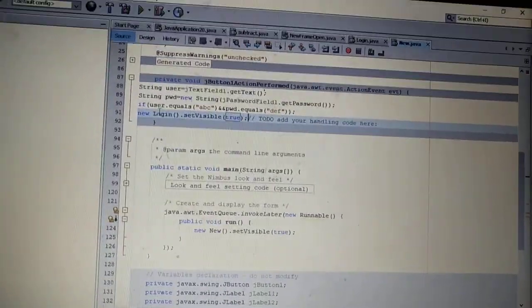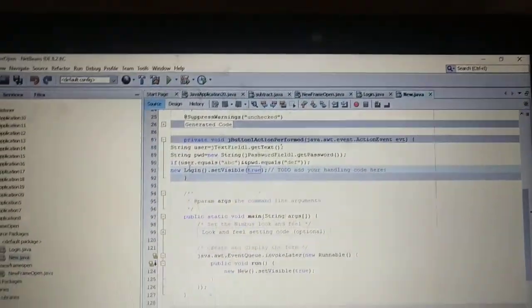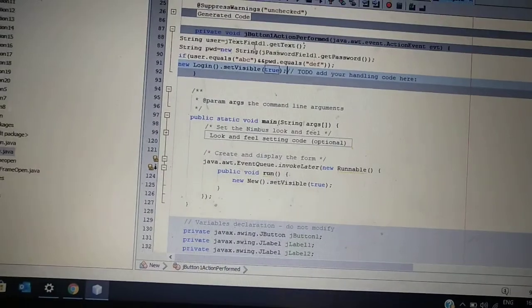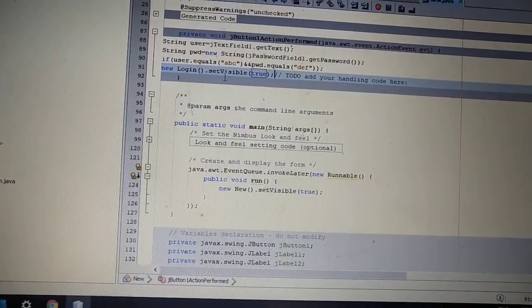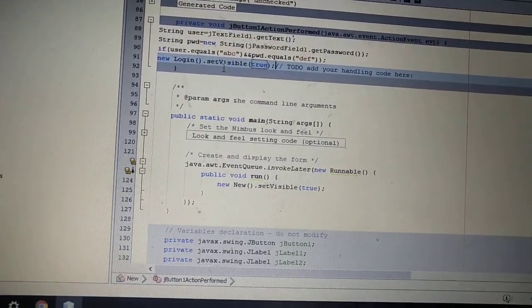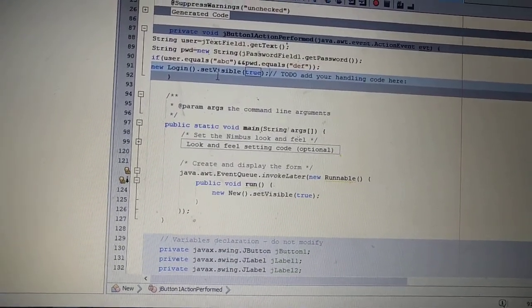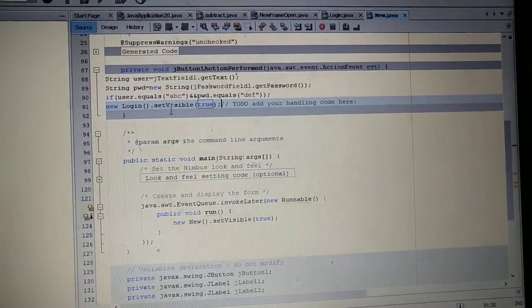So this is my code. Simply, whatever user is entered will be stored in user, and whatever password is entered will be stored in pwd, and I am checking if username equals ABC and password equals DEF, then my new frame should open.